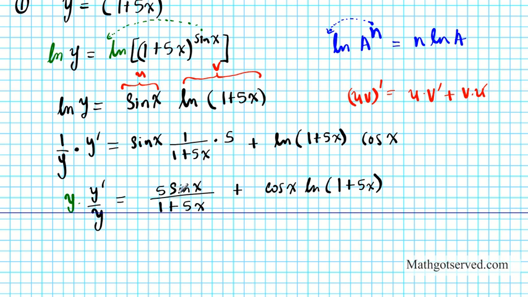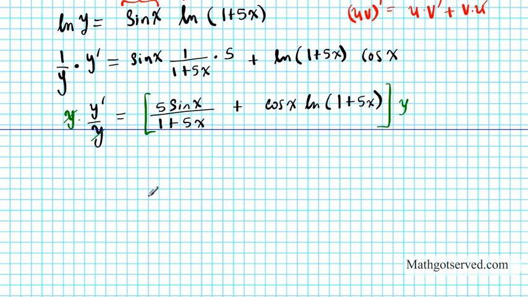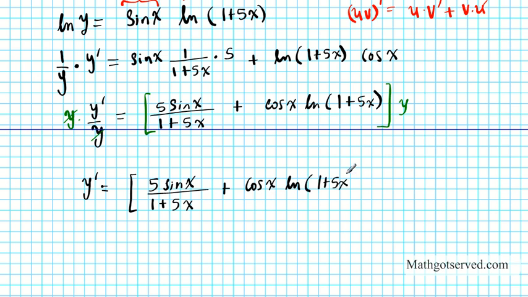So we'll multiply y to both sides of the equation. So this y and this y divide each other out, and then you're going to have y prime, which is the derivative, equals 5 sine x divided by 1 plus 5x plus cosine x times the natural logarithm of 1 plus 5x, times